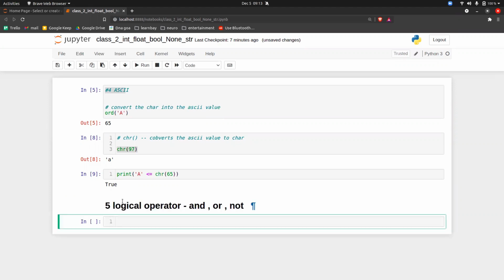So first there is the and operator. Now, the only thing you have to remember is the table, and the table is this.